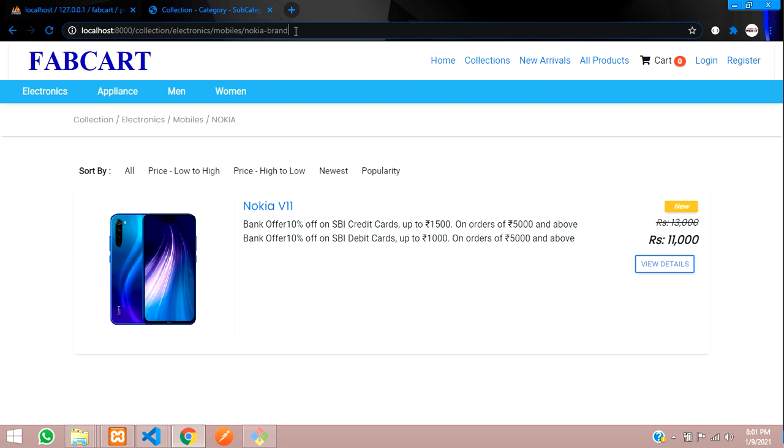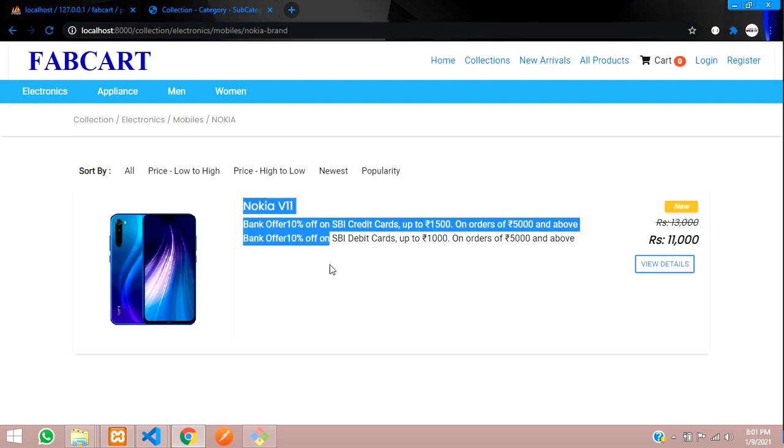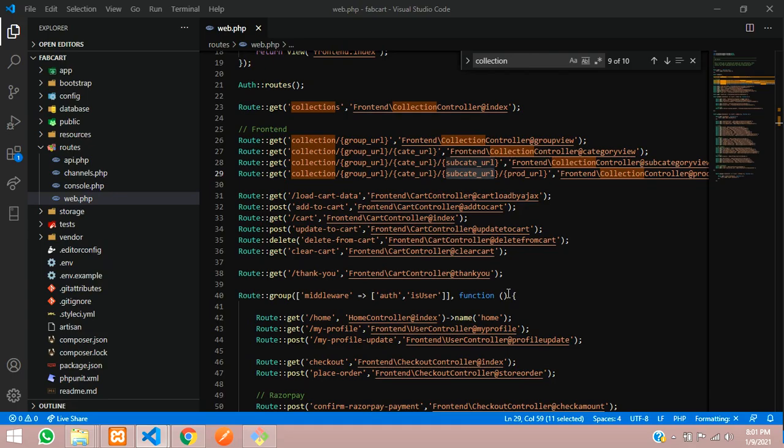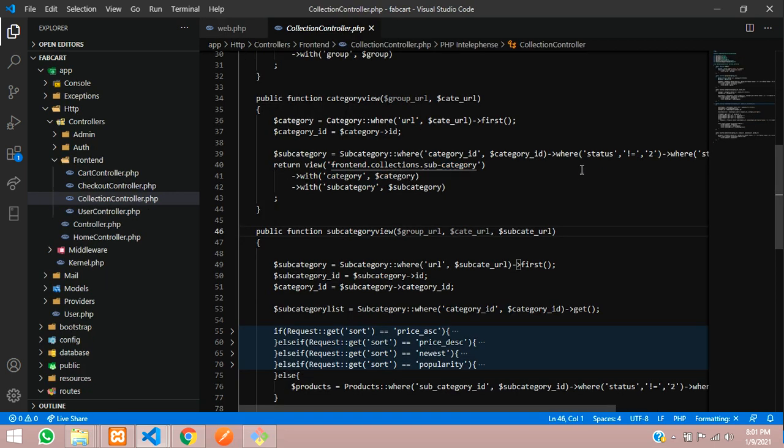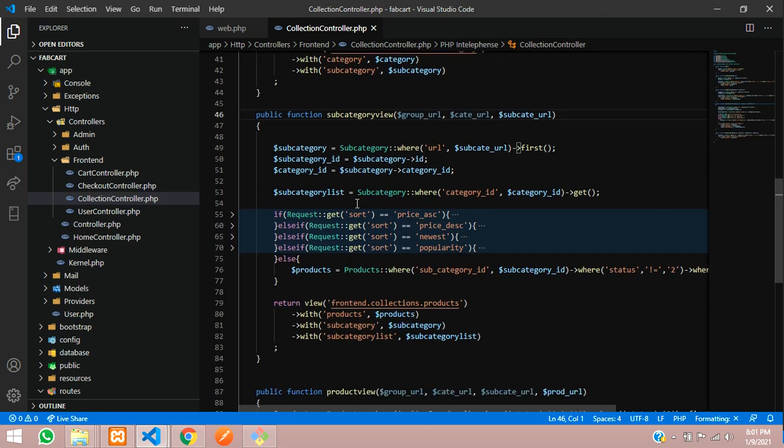Mobile is the subcategory, brand, and inside this your products are displayed. This is not the URL over here, the above URL is the perfect one. So now we have to move with the above URL. Let us click on this controller and go to our collection controller.